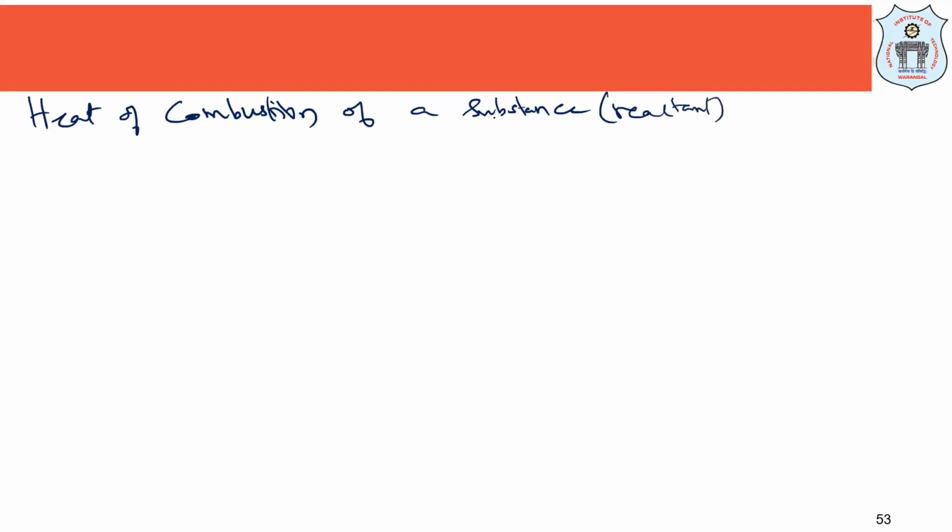And what is heat of combustion? Actually, it is the reverse of heat of formation. In place of formation, if the reaction is a combustion reaction, in that case it is heat of combustion of a substance, or a reactant, right? Reactant is combusted, right? We don't say product is combusted. Coal is combusted, we say, right? So that way, the heat of combustion is defined as the heat evolved